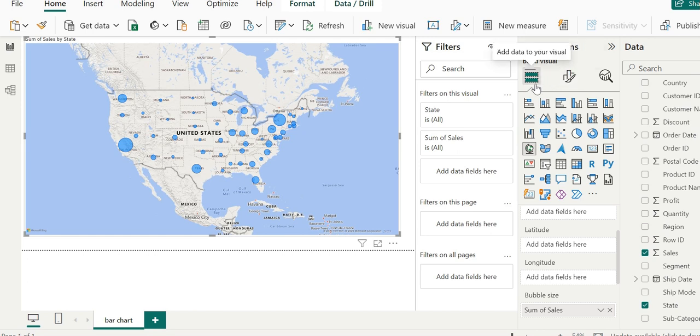To the left of that, there is also another tab, add data to your visual, which is also used for adding other fields to the visualization. So do keep in mind it's in the field tab that we make changes to what is contained in our visualization. You can also see that it is possible for us to specify fields containing the latitude and longitude.